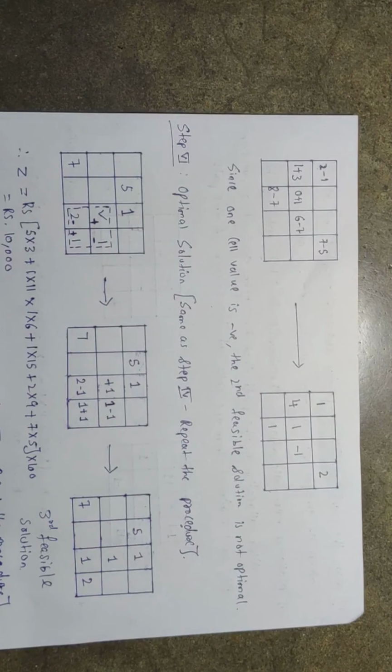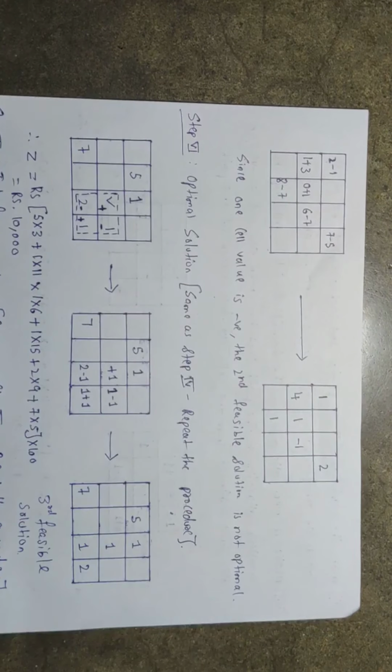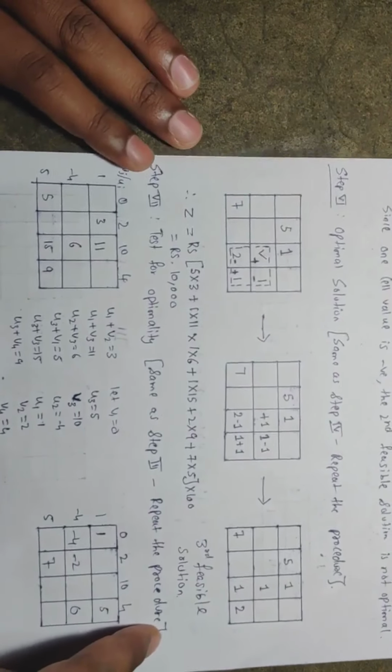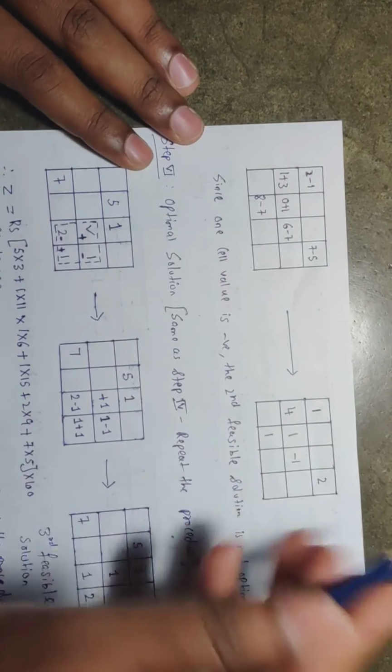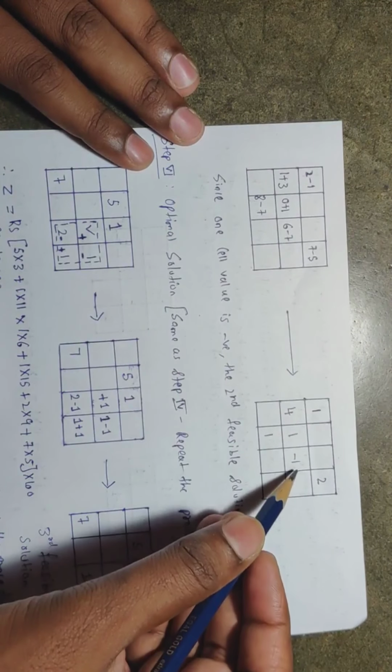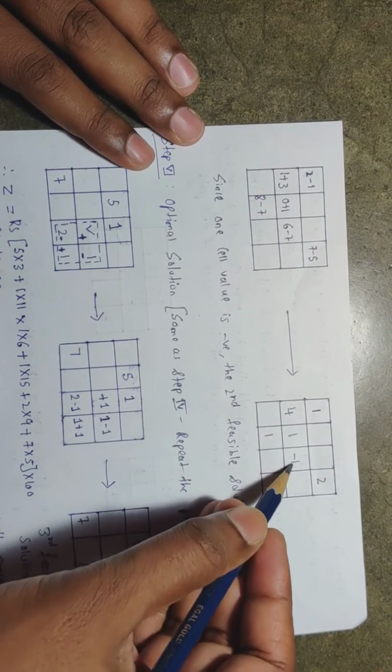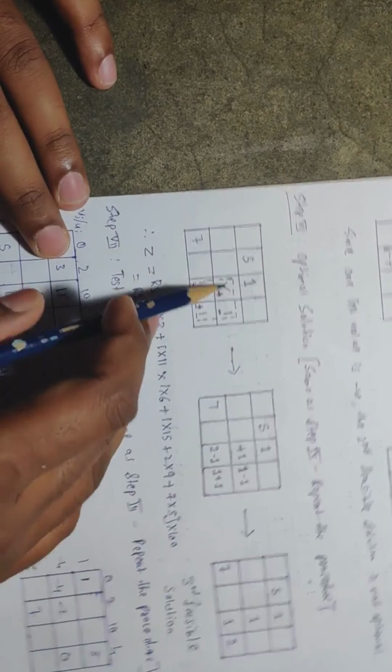So continue this procedure once again as you have done up to now, and find the feasible solution. You have to continue this until you get all the values in the last table positive. Okay, so once again I'm going to start with this allocation. What we must do, as I stated, is take the negative value and mark that as the identified cell. You can see this is my identified cell because only one value is there. So that cell I have marked with a tick mark here, right?